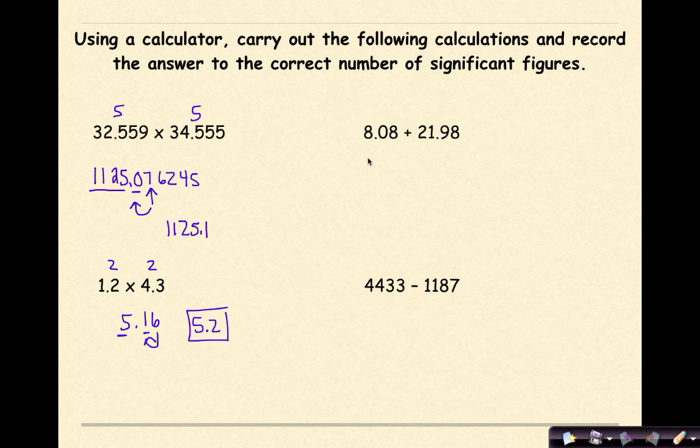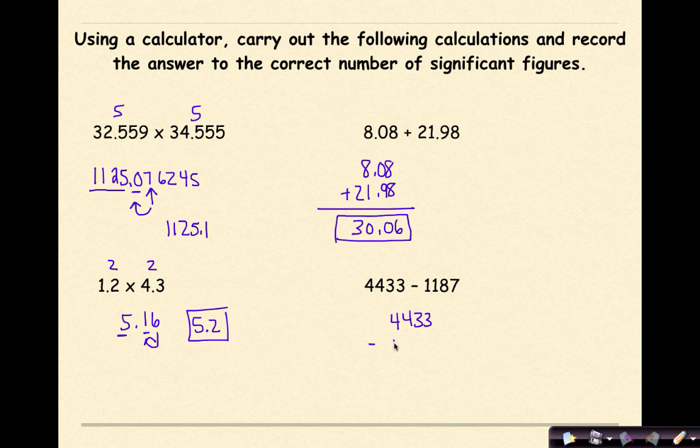Let's look at this one. I have 8.08 plus 21.98. Both numbers are only going out 2 decimal places. So when I add these together, I get 30.06. And that will be my final answer for this one because I have gone out the correct number of decimal places. And finally, the last one,